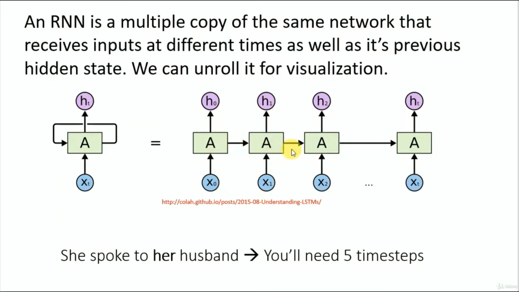These whole things are called time steps. Time steps are how many times you copy this network, and this depends on your problem. For example, if we're using this sentence in an LSTM or an RNN, she spoke to her husband, then you're going to need 5 time steps. In other words, you need to copy the network 5 times. Each one receives one input, she, spoke, to, her, husband, and passes the hidden states, or the output of the hidden neurons, to the next